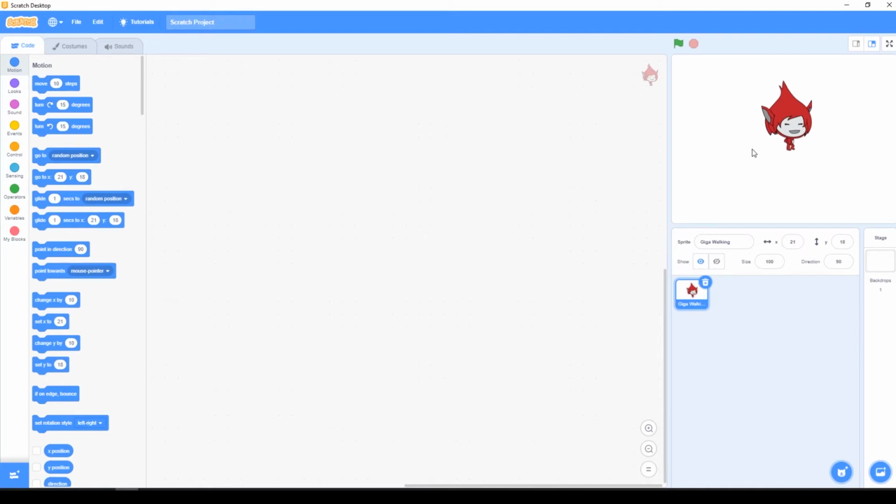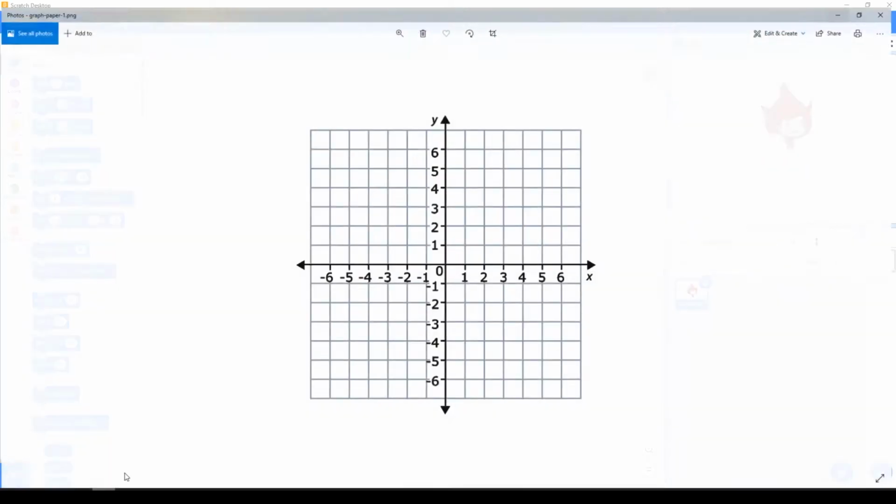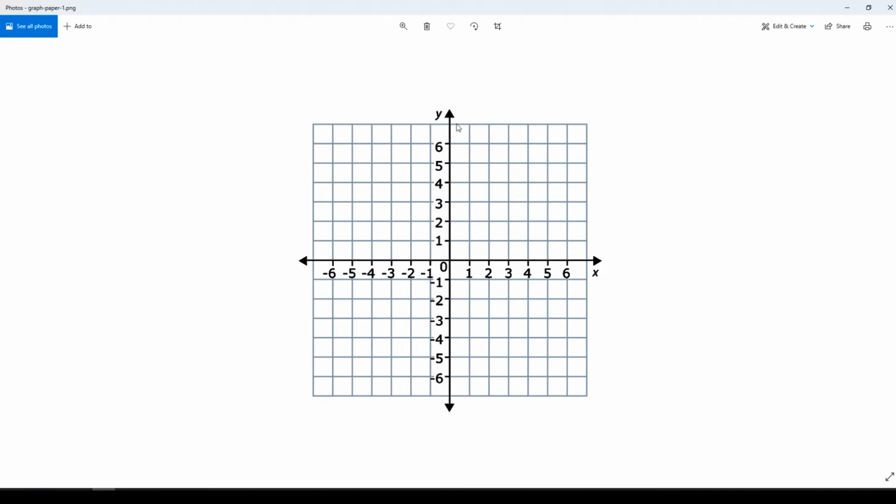Before moving the sprite, that is Giga, let's understand about motion with the help of graph so that we can move the sprite easily. This is x-axis and this is y-axis. Suppose my sprite is standing here. If I want my sprite to move forward, I have to put positive numbers on x column. And for moving backward, I have to put negative numbers on x column. Likewise, for going upward, I have to put positive numbers on y column and negative numbers on y column for going down. Now let's get back to the Scratch and we'll start coding.